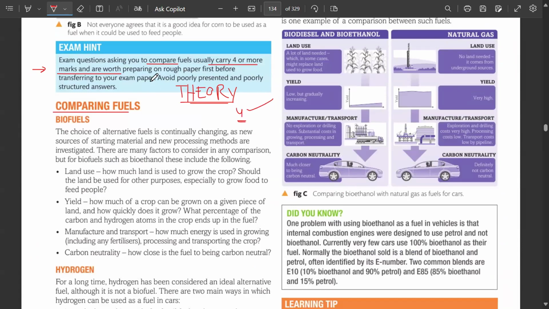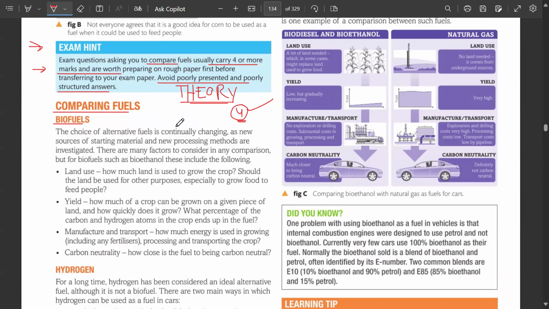Comparing and imagine, look, avoid poorly presented and poorly structured answers। पहले हमेशा अपने माइंड में प्लान करो जब 4 मार्क का सवाल आता है कि फर्स्ट आई विल एक्सप्लेन बायोफ्यूल्स, देन आई विल कम टू बायोएथेनॉल, देन आई विल कम टू बायोअल्कोहल। मेक अ माइंड मैप इन योर माइंड और यूज अ पेंसिल टू राइट डाउन पॉइंट्स फर्स्ट, देन राइट अ प्रॉपर वेल स्ट्रक्चर्ड आंसर। देखो यहाँ पे